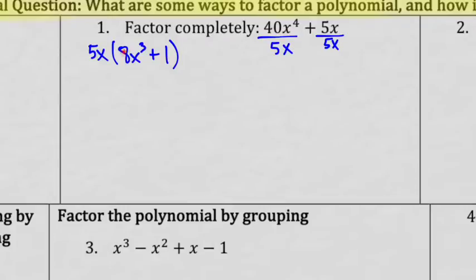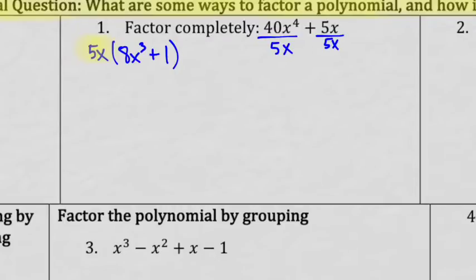Okay? Perfect cube, which is 8. I'm going to write it as a perfect cube. So for now, this is what I'm going to do. I am going to leave this off, but we have to remember to make sure we write it there at the end, okay? So I'm just worried about this part right now. I'm only working on this part, but that 5x has to be there at the end. So I'm going to rewrite that